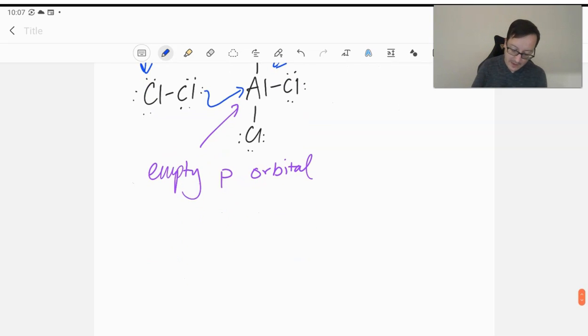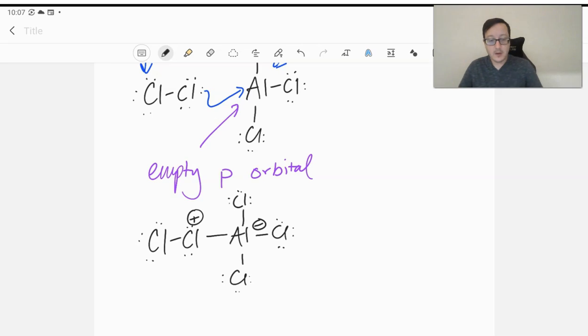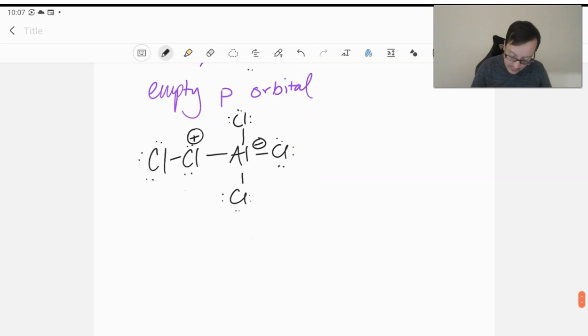So when this reaction actually happens, we end up with the following. All these lone pairs. Okay, here we go. We formed a new compound. And with this, we'll see that this will be a product of an acid-base reaction that involves no hydrogen whatsoever. Another common one is using